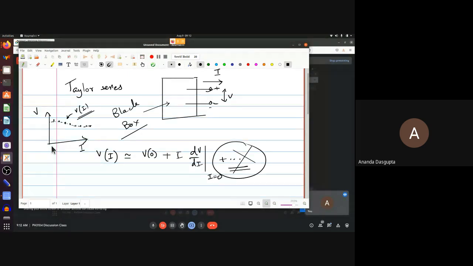So very often, as I stressed in the very first class, in physics, in all of physics, but especially in electronics, what you do is you resort to approximate models. So one thing you could very well say is that I know that there may be higher order terms, but I typically expect those higher order terms to be small. So I will ignore those higher order terms for the time being, start with this as a starting assumption. So that is one level of.